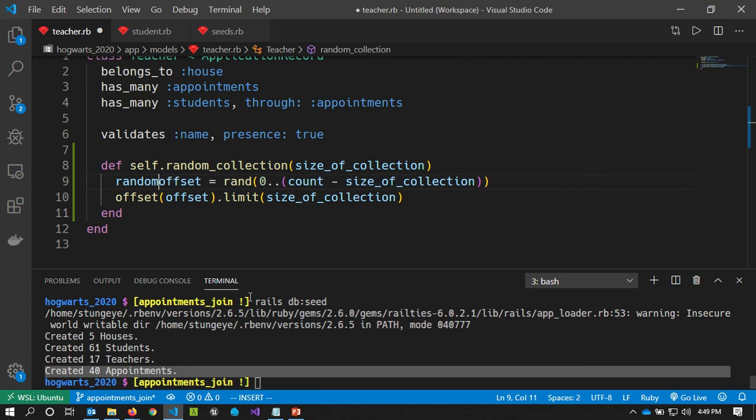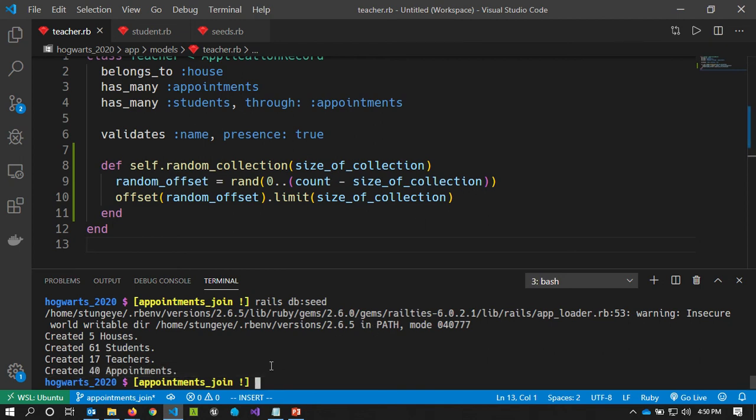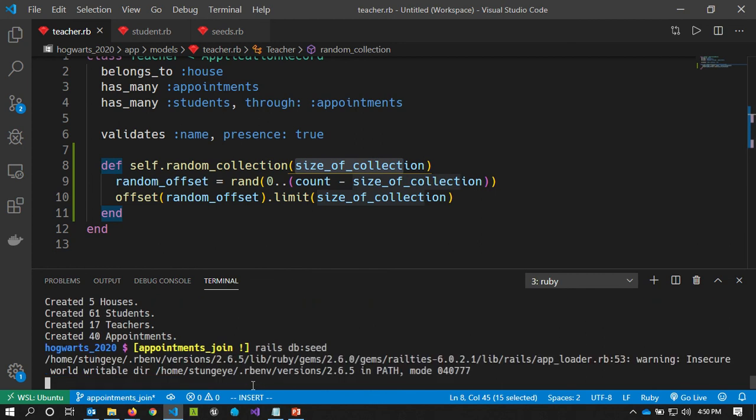To make this more readable, maybe I'll say random offset. So if we had 100 teachers in the database and we wanted 10 of them, we can now pick a random number from 0 to 90, and then offset by that amount and grab the next 10 records. That is much more efficient. Even if I had hundreds of thousands of rows, it's only ever going to get 10 of them, or whatever the size I'm requesting. And so if I run that seed script,